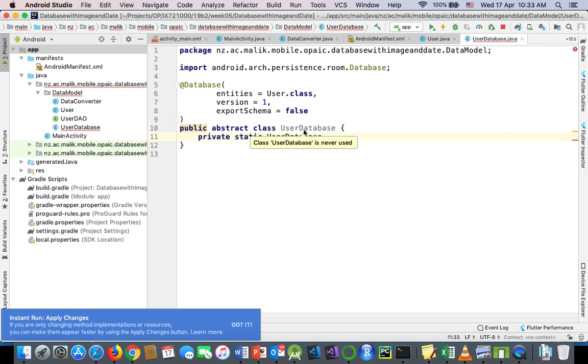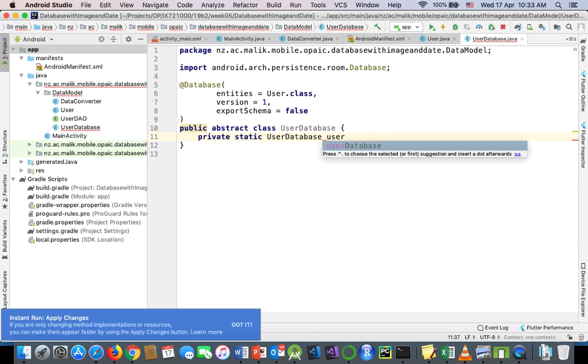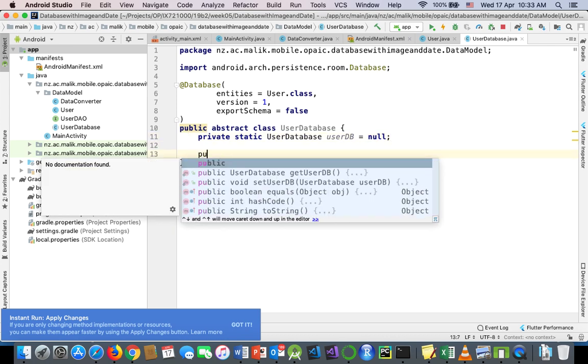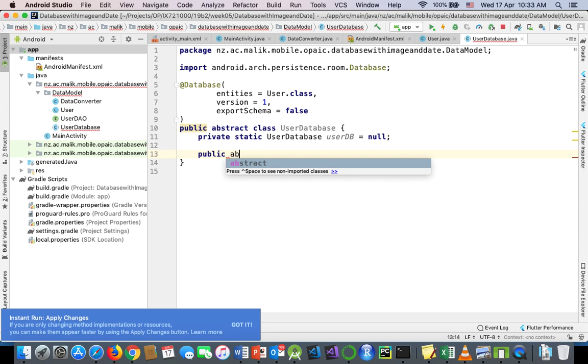Actually, I'm creating a static object of the same class inside this. And then we are saying that our userDB is equal to null. By default, the value is null, and then we are saying that we have a public abstract method